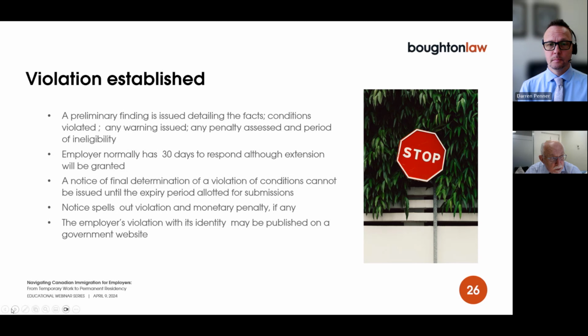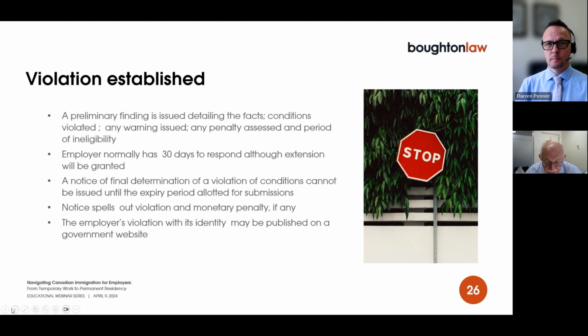If the employer's submissions are not accepted, a notice of final determination of a violation of conditions cannot be issued until the expiry period allotted for submissions. If that final notice is issued to the employer, it'll spell out the violation and the monetary penalty. And more importantly, the